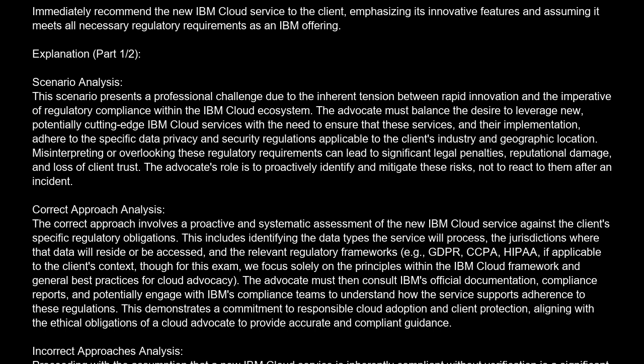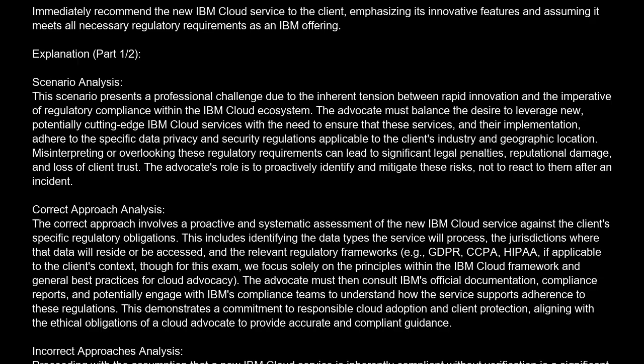Correct approach analysis. The correct approach involves a proactive and systematic assessment of the new IBM cloud service against the client's specific regulatory obligations. This includes identifying the data types the service will process, the jurisdictions where that data will reside or be accessed, and the relevant regulatory frameworks, e.g., GDPR, CCPA, HIPAA, if applicable to the client's context, though for this exam, we focus solely on the principles within the IBM cloud framework and general best practices for cloud